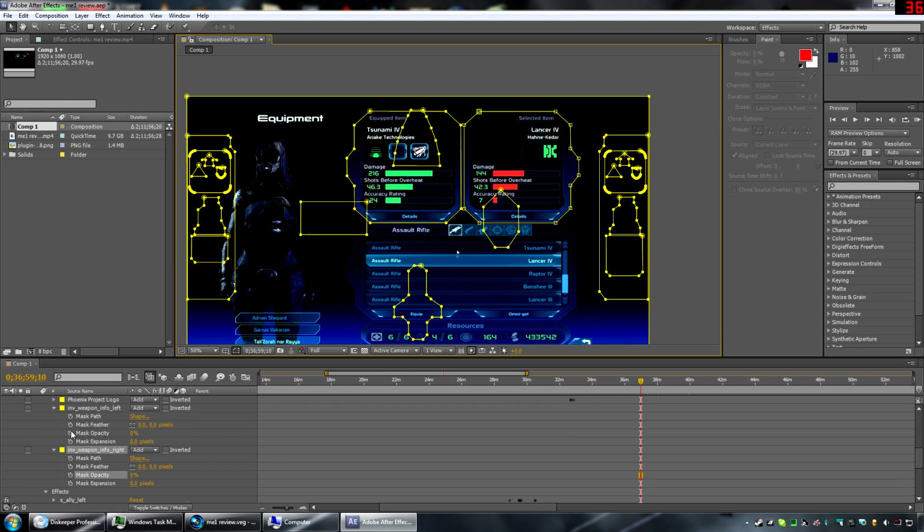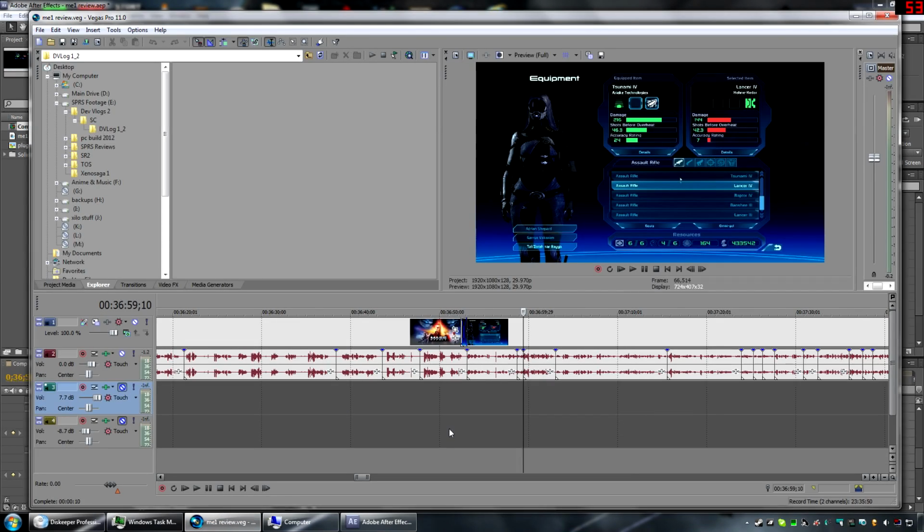what we're going to do now is actually change these to being keyframed, and we're just going to set it to something and back to 0 so that we can get the marks in there, even though it's not really necessary to do that. I do that anyway just because it's a habit. A good habit in my opinion, just to make sure that the initial state of the layer is